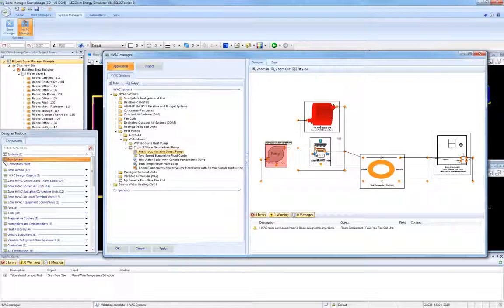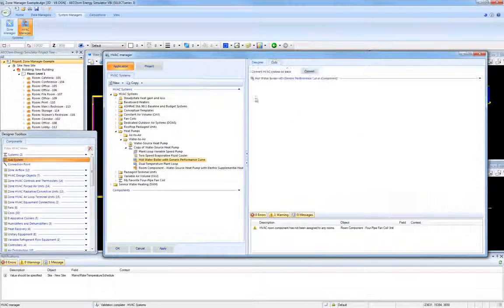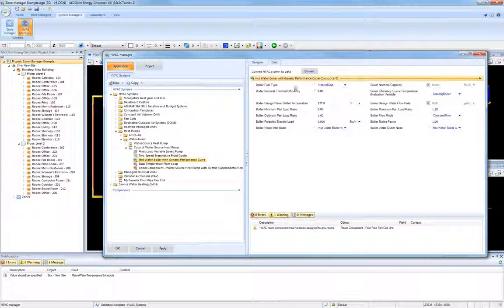Note that designer or graphical HVAC systems are composed of multiple components and subcomponents. The interface allows users to select which input fields are exposed or viewable at the component and subcomponent levels. In this tree view here, all the subsystems that show this blue icon denote that they are components that are composed of multiple subcomponents. So maybe when you're looking at the data for this particular component, you don't see the particular input value that you would like to change.